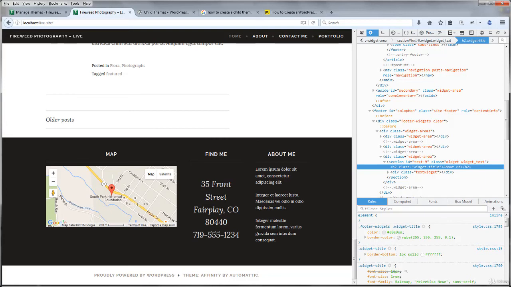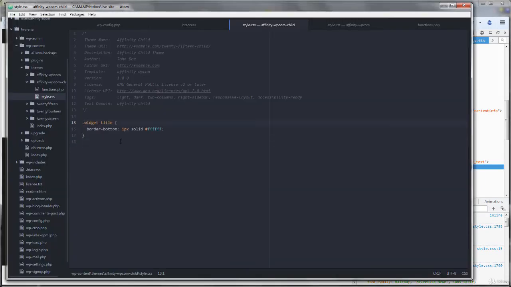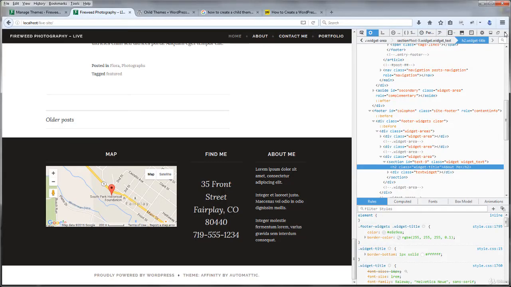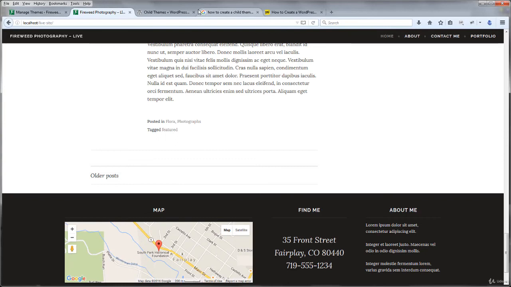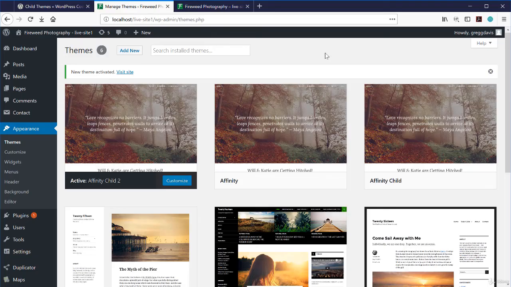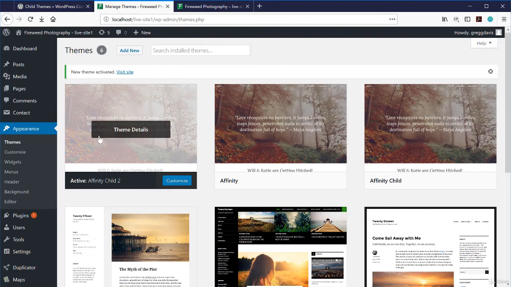footer-widgets class and paste it right in front with a space. Footer-widgets and widget-title, and then the border-bottom can be defined as white. So I'll hit Control S and save it. Turn off the web developer, and let's see if I refresh what that does to the border of the footer titles. Nice and white. Great, and we can see that that's only been done to the child theme, not the